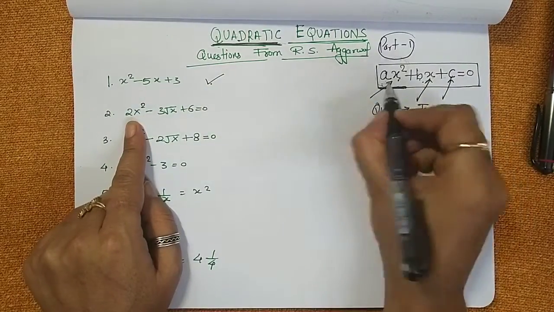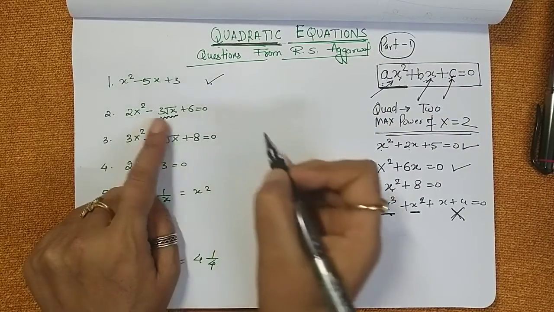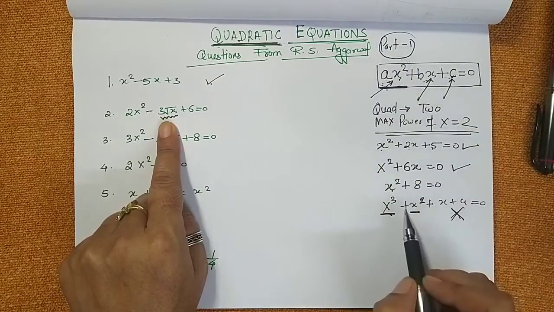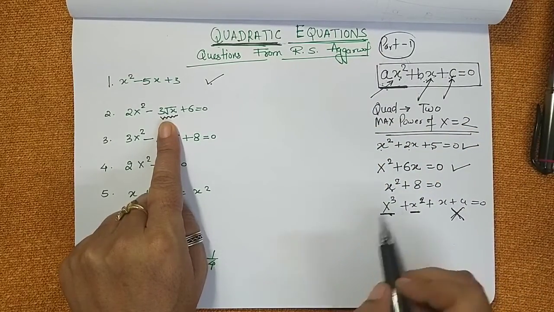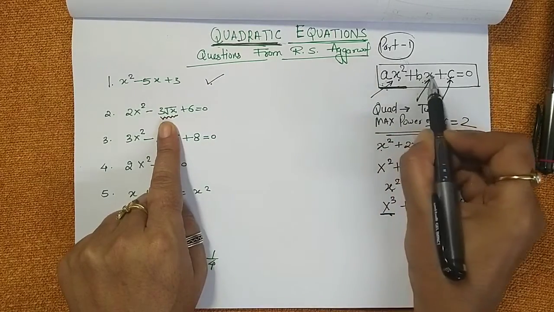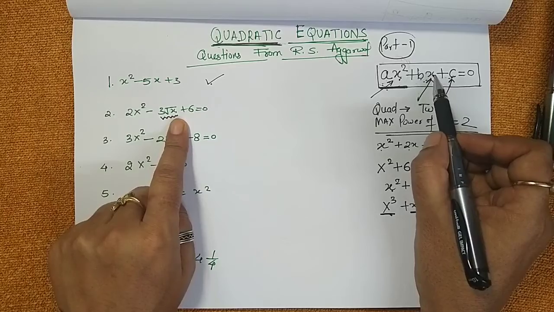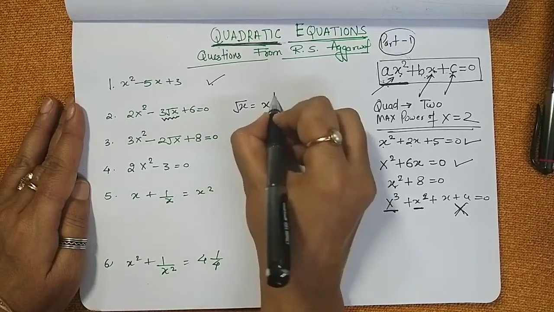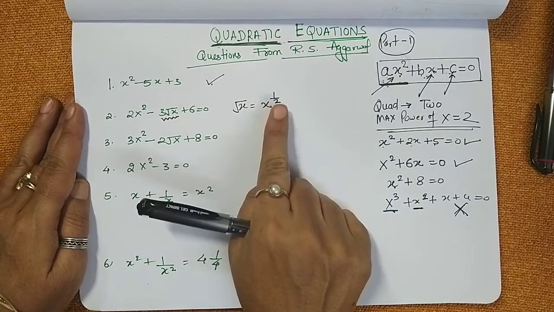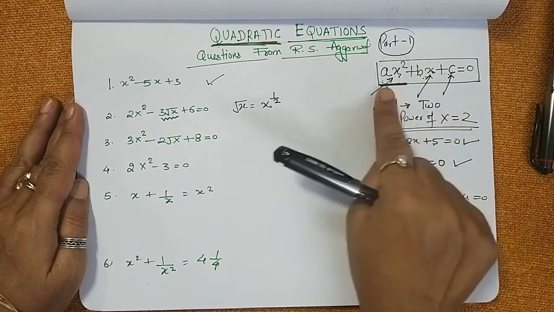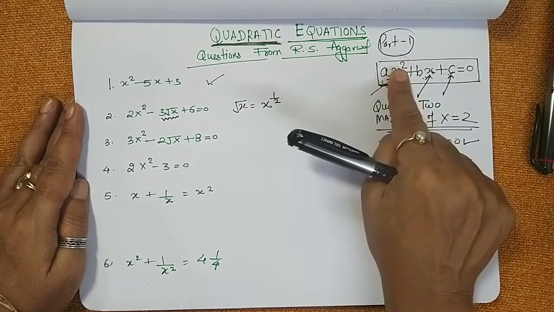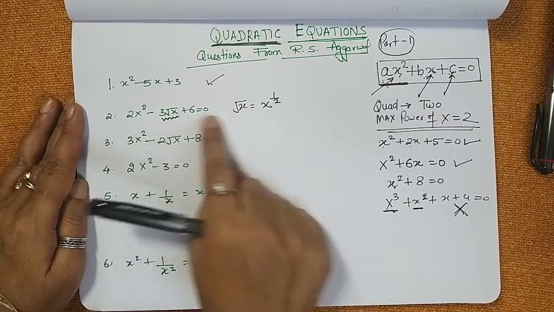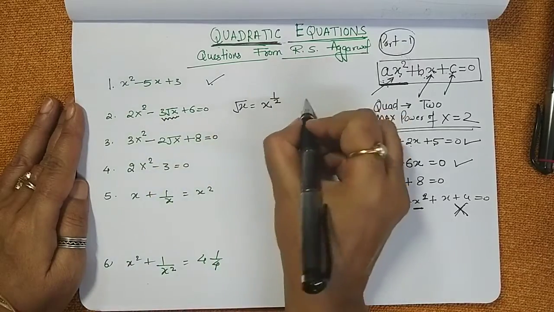But other than these three terms, there is something else which we are not expecting. I told you that other than this, there should be no other term, higher power or lower power. Higher power is like 3 or 4 or 5 and lower power is like less than 1, which is half power, or some fractional powers. See, I have an extra power here, root x, which is making it x raised to power half. So this is extra which is not part of your equation. So anything other than power 2 or power 1 or some constant term, if anything else is there, it is not a quadratic equation. So it is not.